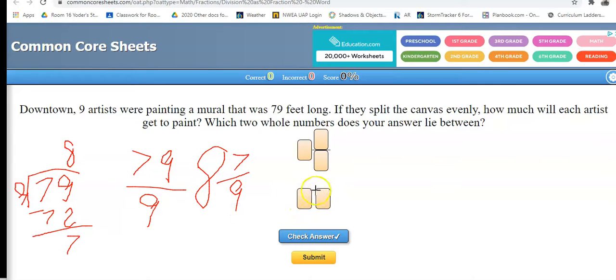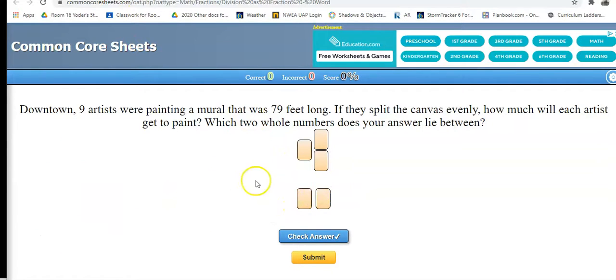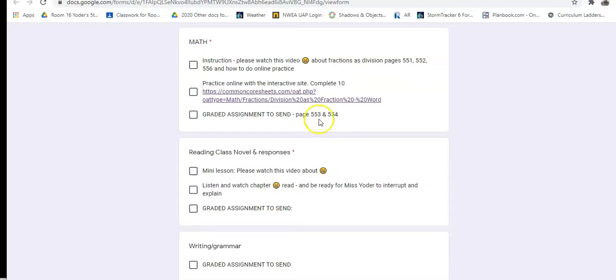The other part of the question asks between which 2 whole numbers. Well, it's more than 8, but it's not all the way up to 9. It's 2/9 away from being 9, but it's between 8 and 9. So that I would like you to do. Let me check and see if I told you a number. I would like you to complete 10 of those online, and then go back into the book, page 553